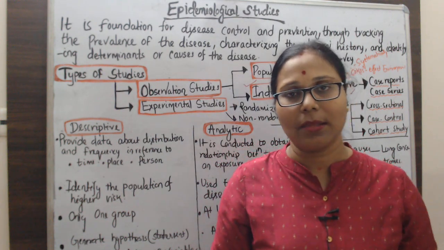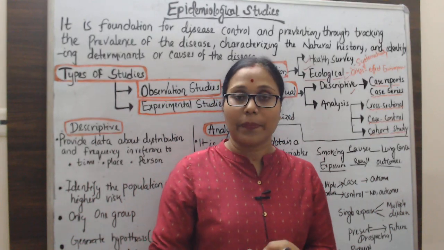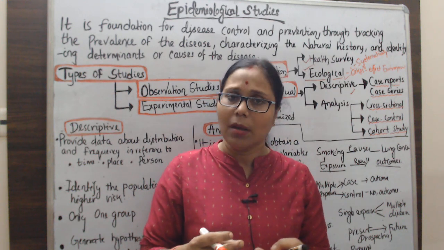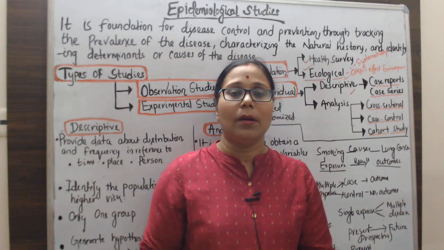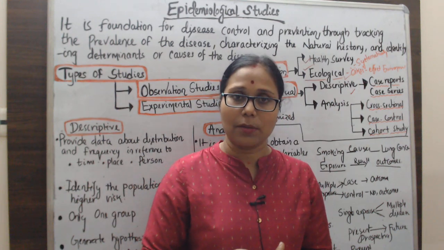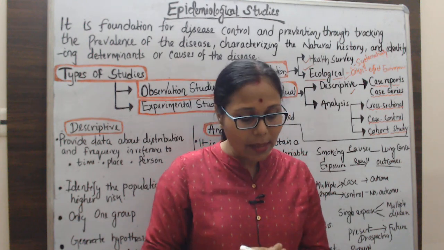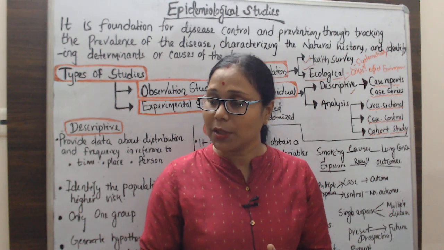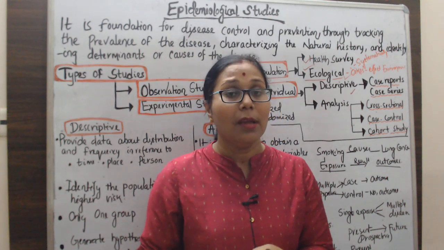Suppose you take malaria as a case. Malaria is mainly seen in the rainy season, particularly in the months of August and September, so we can find the cases or prevalence of malaria then. Which area is affected, not all areas but particularly which area's people are more affected, and which group of people, which age group, which economic group, or which nutritional status level are affected.